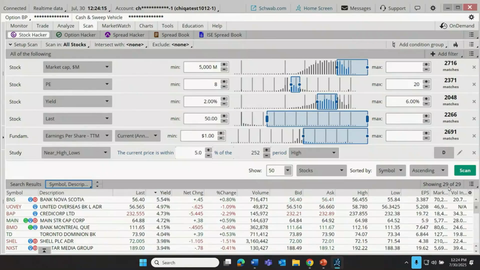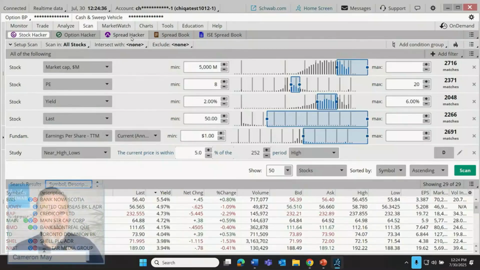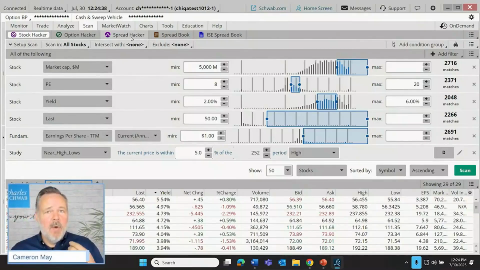All right, 2 continents and 1 island says, how would you scan for companies who would be good candidates for a good risk-reward ratio when considering credit spreads? That's a good question, can be done, but that would be using either the option hacker or the spread hacker. And I'm not going to go down that path because then I have to talk about, this is the difficulty in demonstrating those tools. I have to be speaking to a very specific audience, or I have to teach the audience what I'm doing. And that's a lot to discuss.